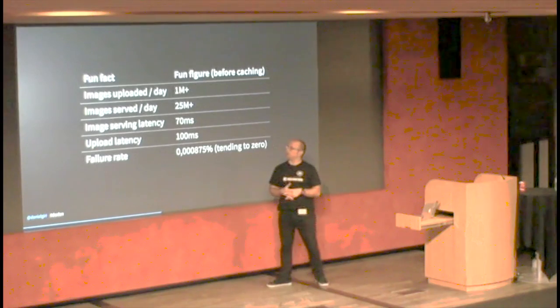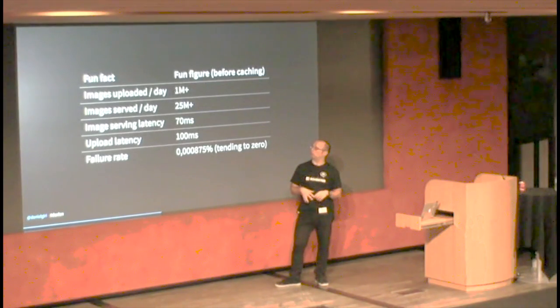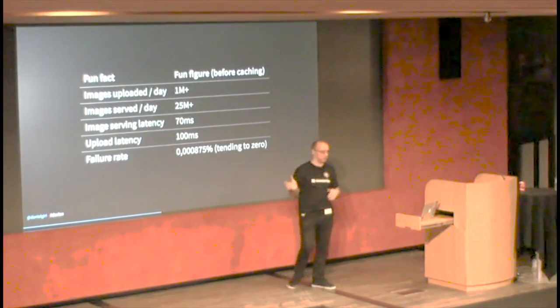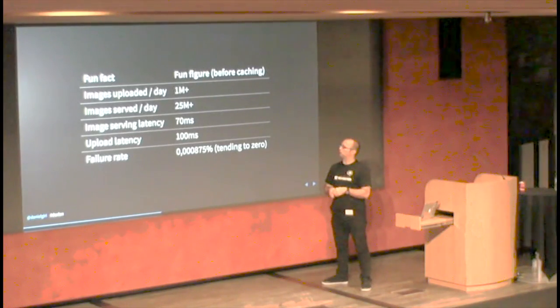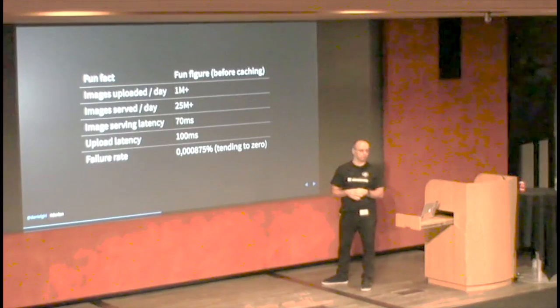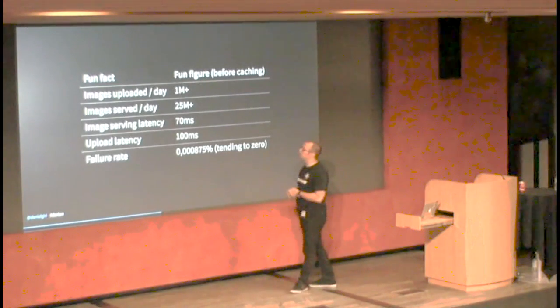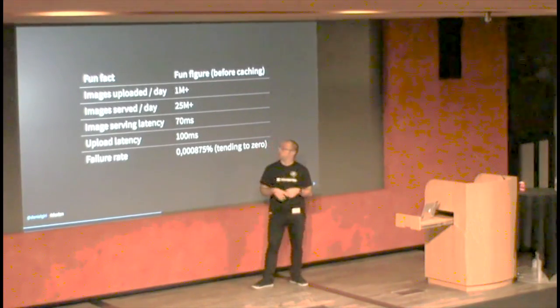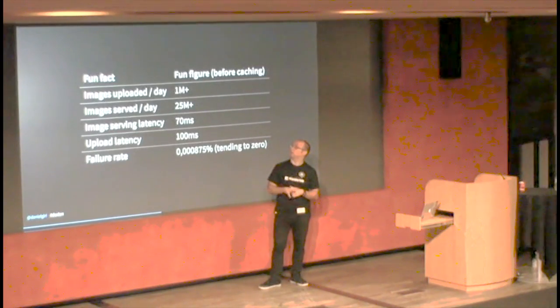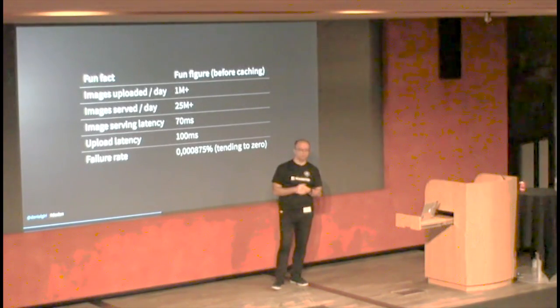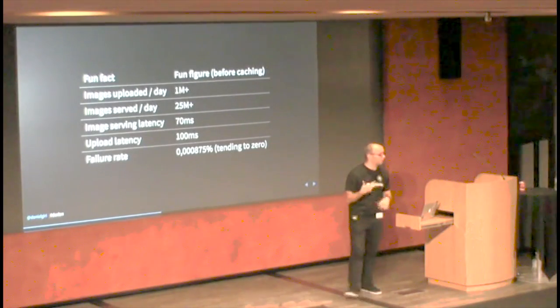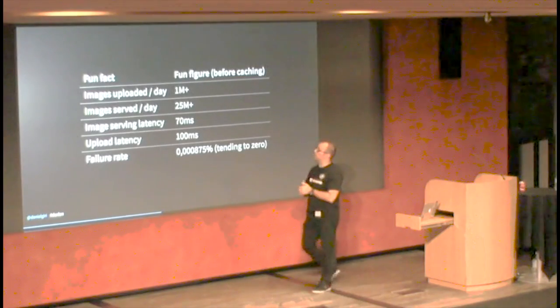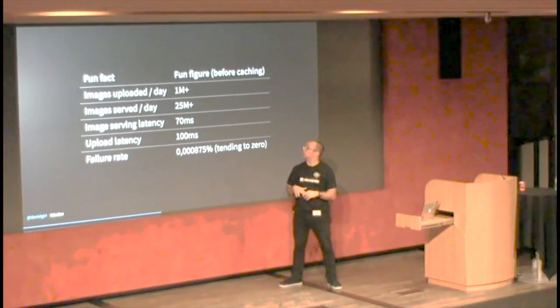Basically it's been deployed to maybe 10% of our actual traffic, give or take a few percentage points. And we upload to the system at least 1 million images per day. It's not that bad. And before caching, because we put a few CDNs in front, we serve around 25 million transformed images. And there are also PDF documents and attachments and stuff, which are a bit in the minority.